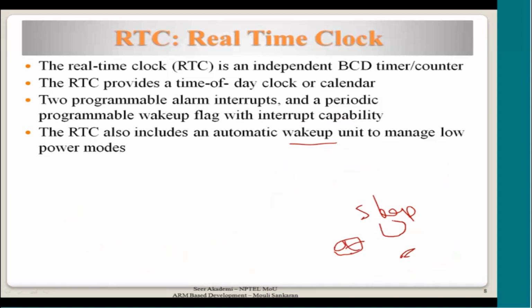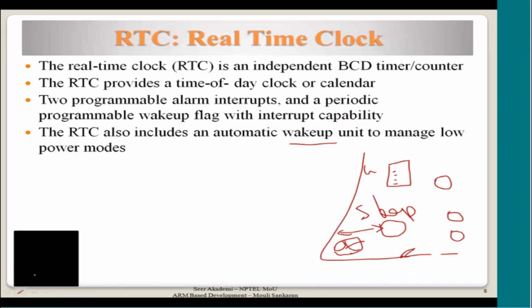Some part of the code will be running, and the power to some of the other modules or peripherals will be shut off so that they do not consume power. Maybe the monitor won't be powered, but the data to be shown on the screen may be in the graphics processor and will be stored. This is a PC environment I am talking about, but in the embedded world also